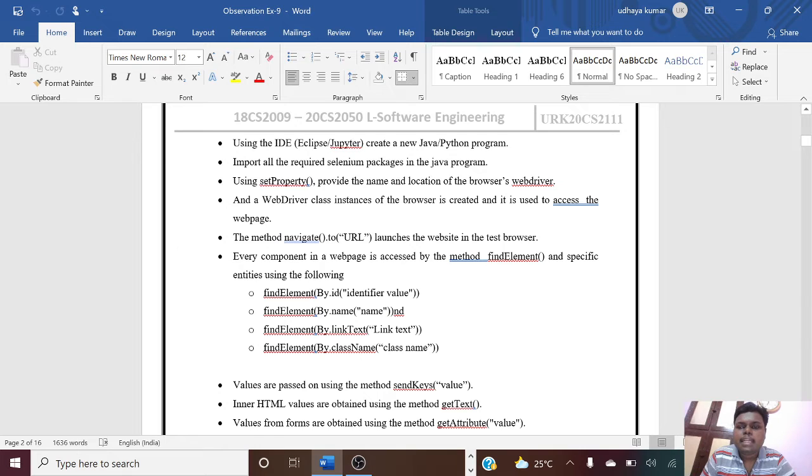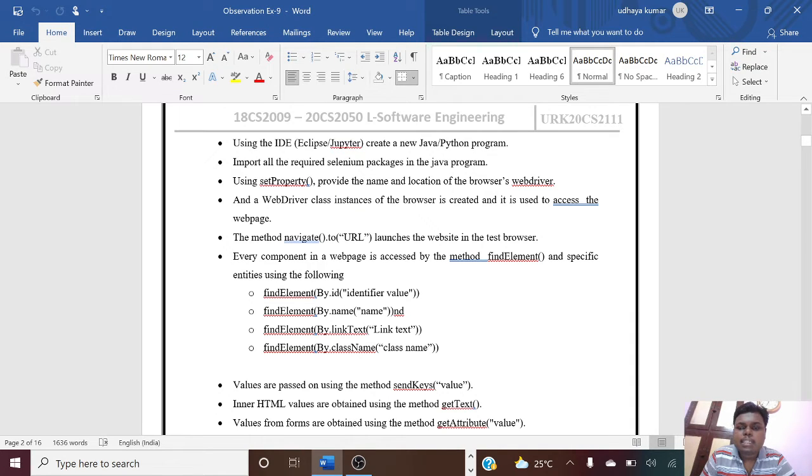Import all required Selenium packages in the Java program. Using set property, provide the name and location of the browser's web driver. And using the WebDriver class, the instance of the browser is created and it is used to access the web page. The method navigate to URL launches the website in the test browser.